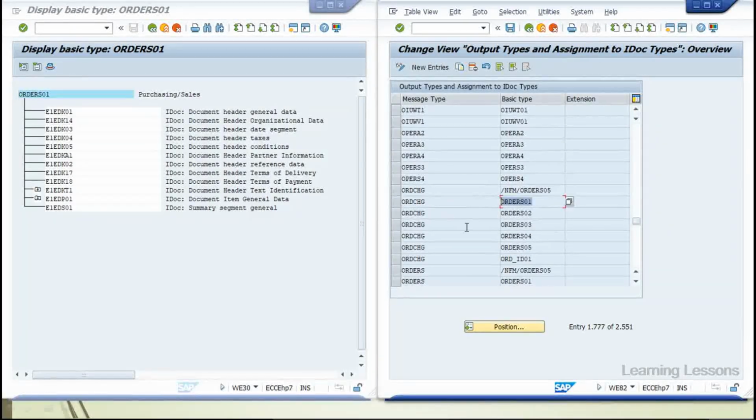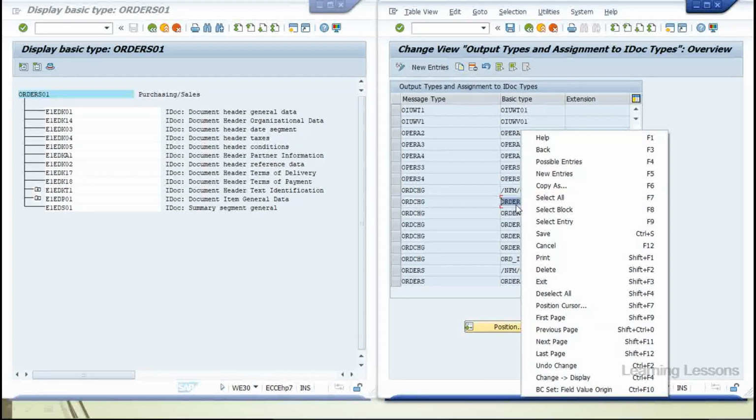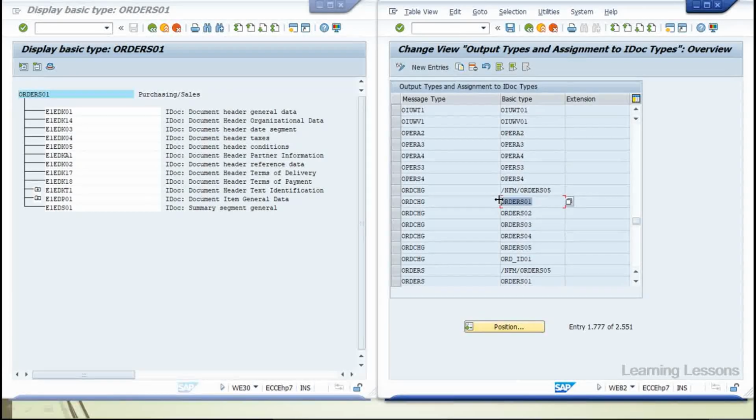You can see here. Are you able to see this? Orders is 01. I don't know why it was not showing the position. Are you guys able to see this IDoc type? So it was created by SAP. For this order type, this is the message type. So where we create a message type, WE81. If you see this message type